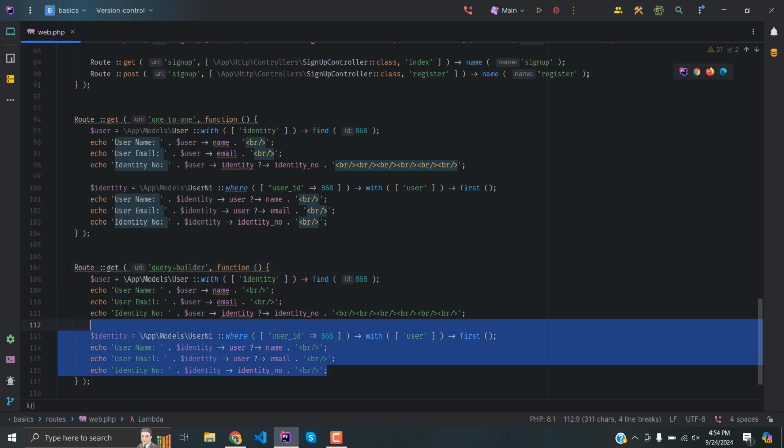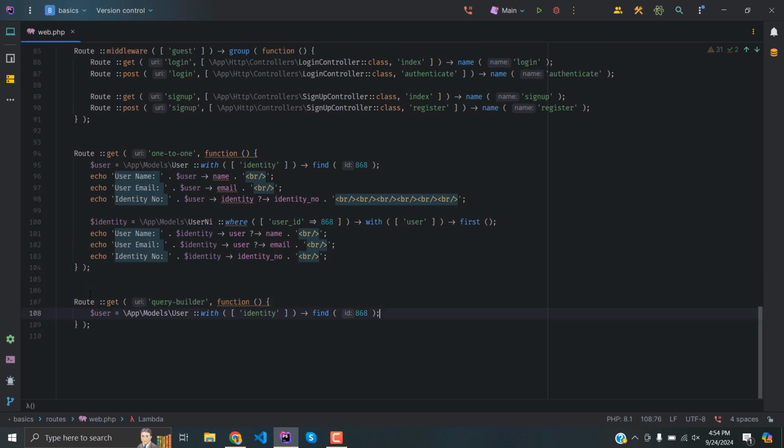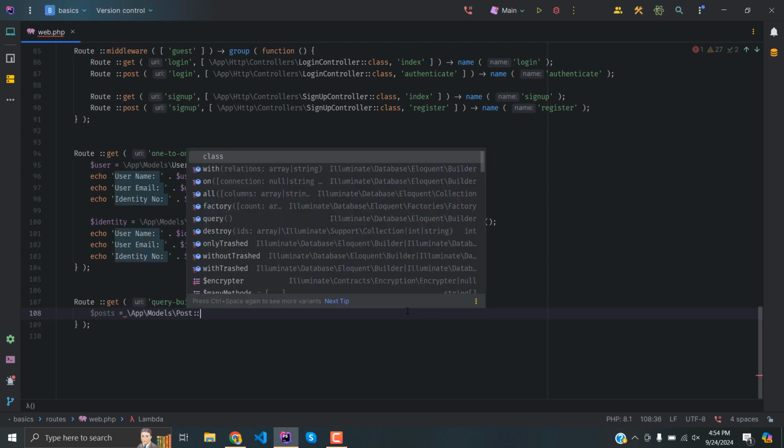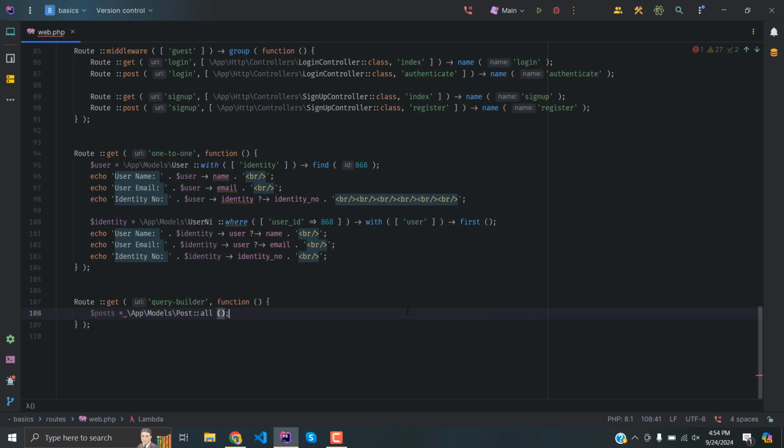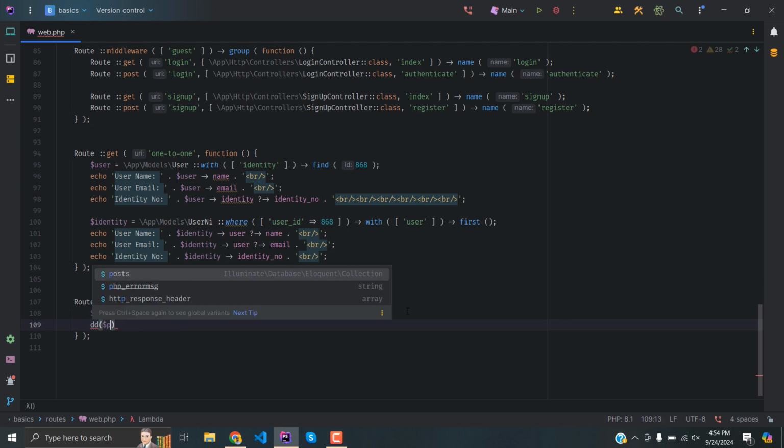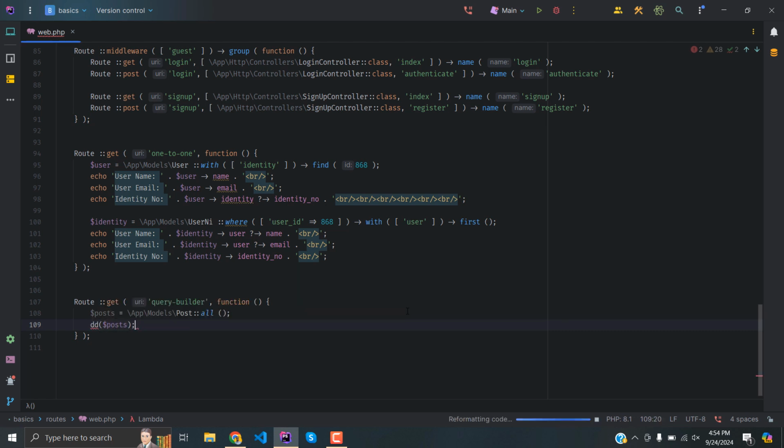Here we are getting the users by using the Eloquent model. Now I'm going to fetch the posts. First, we can use the Post model and attach all here. And now I dd the posts and go to the query builder section,